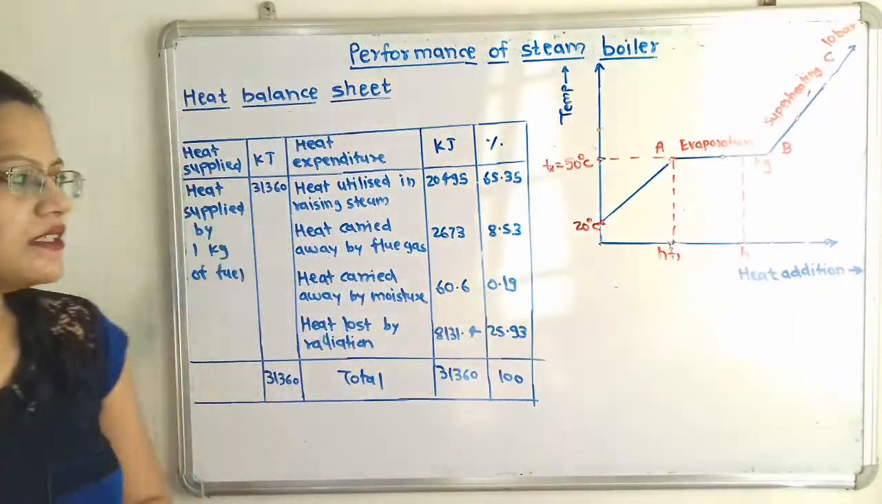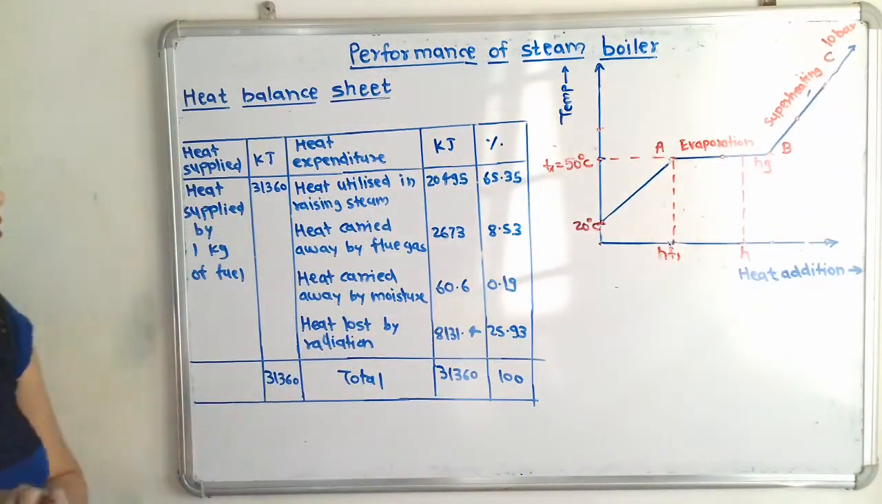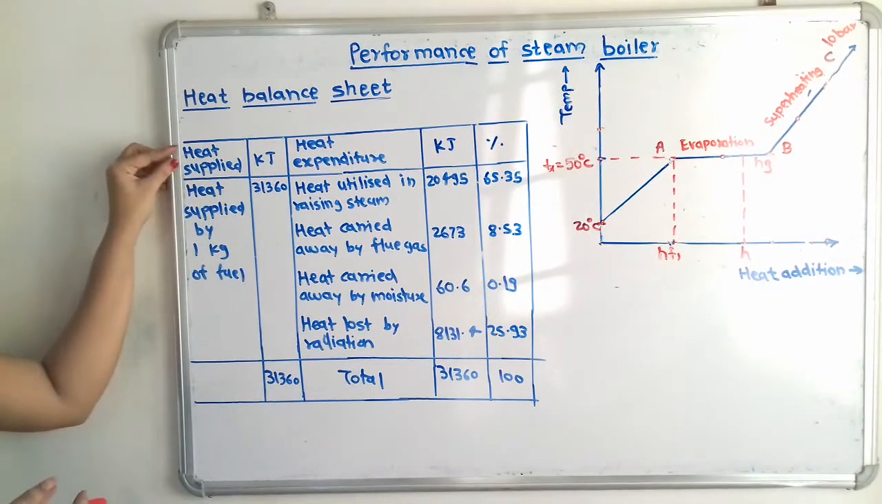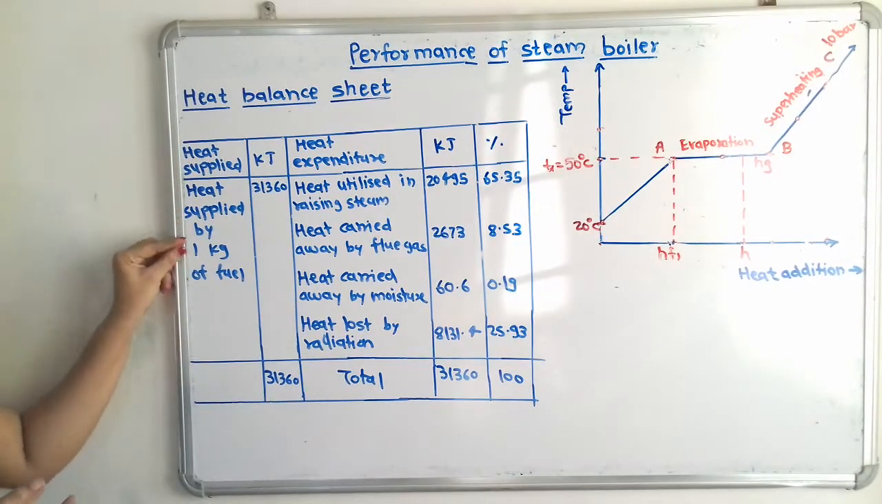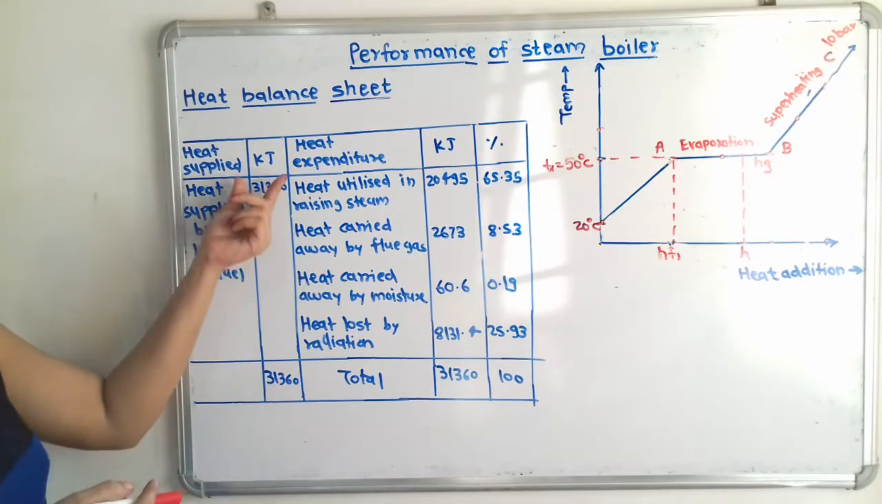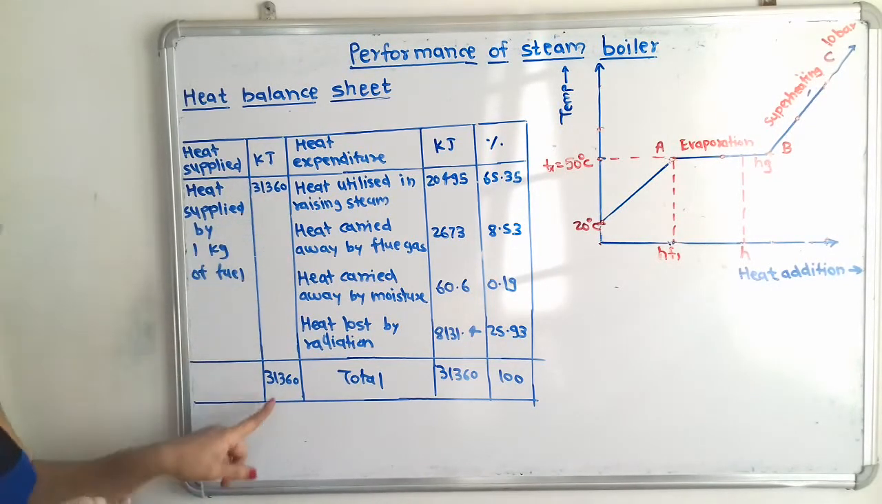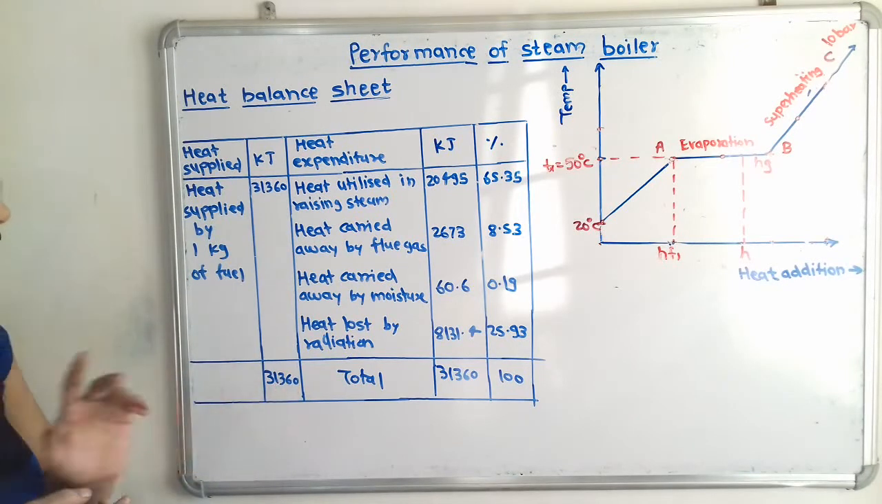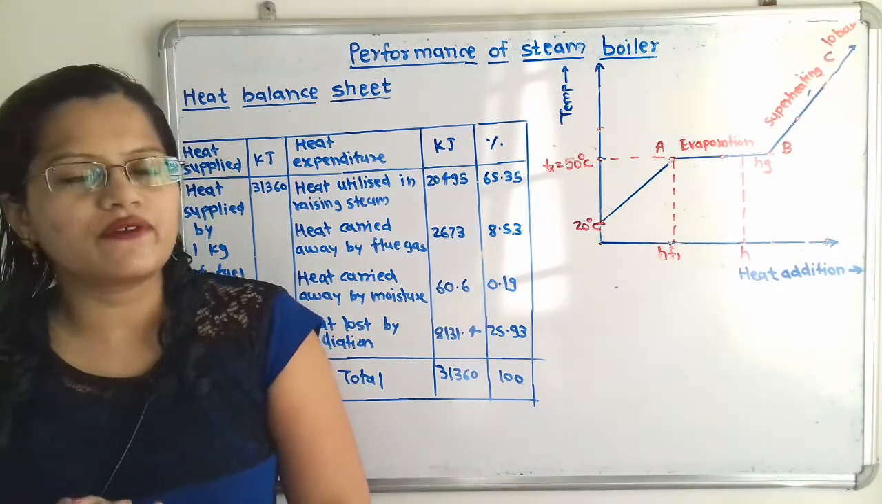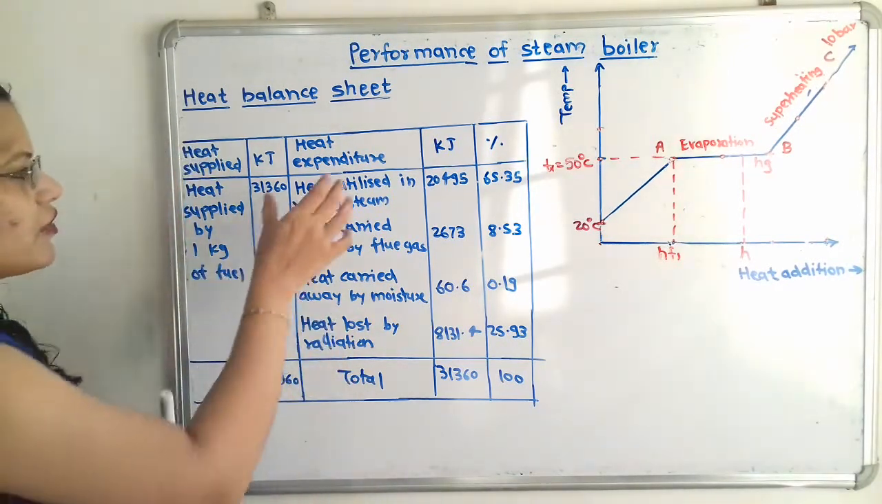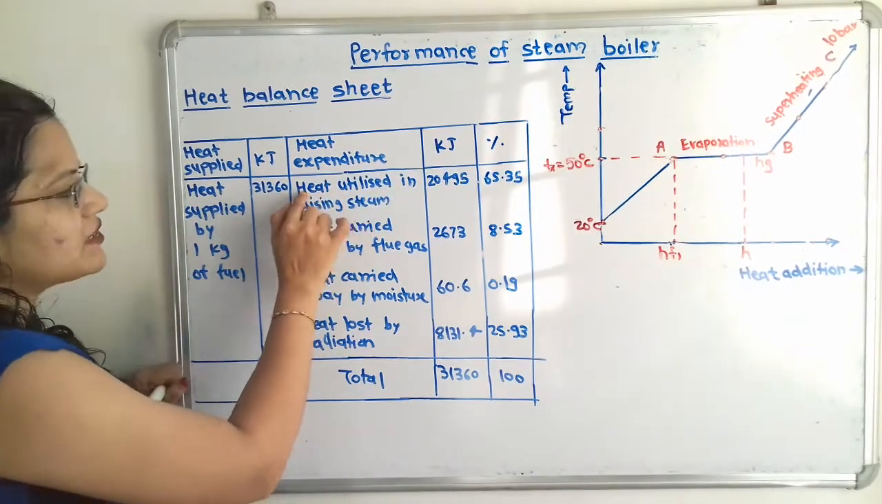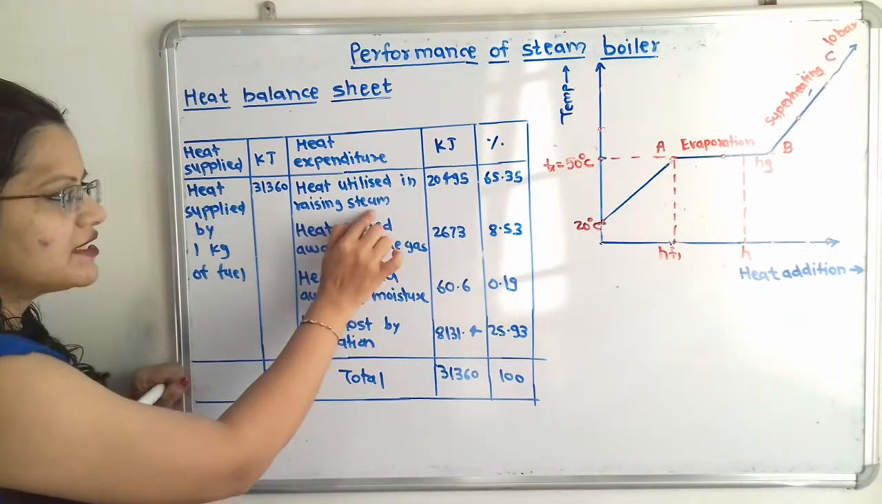Here the heat balance sheet is prepared. So in the first column we have to write heat supplied, that is heat supplied by 1 kilogram of dry fuel, that we have calculated in kilojoule, 31,360. So here total is 31,360 kilojoule. Now we will write the heat consumption or heat expenditure. So first one is the heat utilized in raising steam. It is